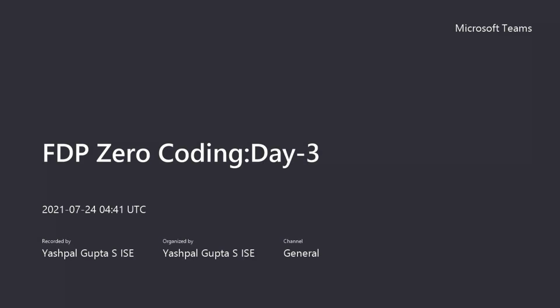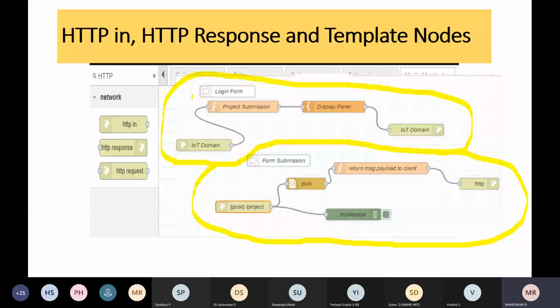Double slash to comment it, right? So for user understanding or for future understanding, we'll be having a comment line. Similarly, in Node-RED, we have a comment node. That comment node will help us in labeling your forms. Using the comment node, I have labeled two forms here. One is called login form, another one is submission form.